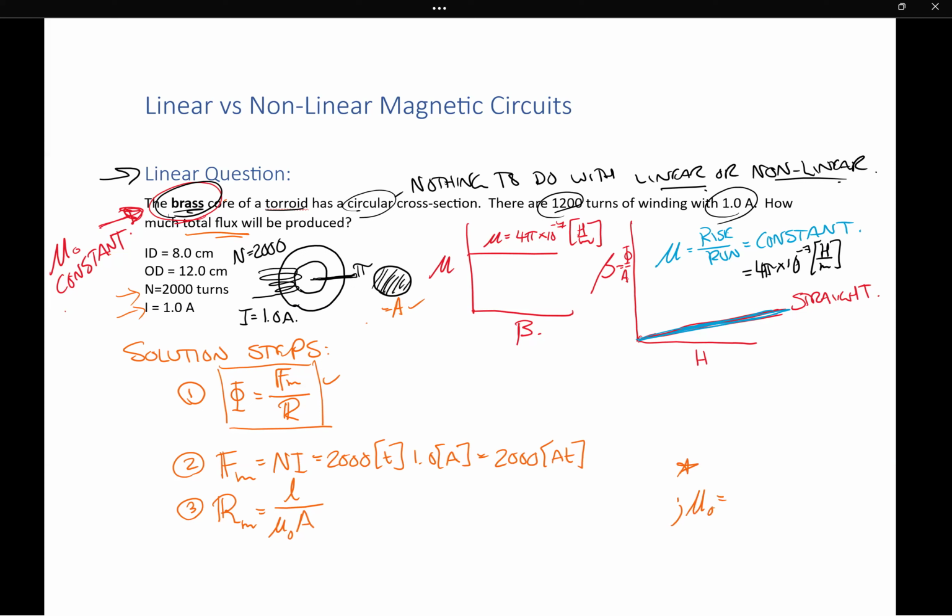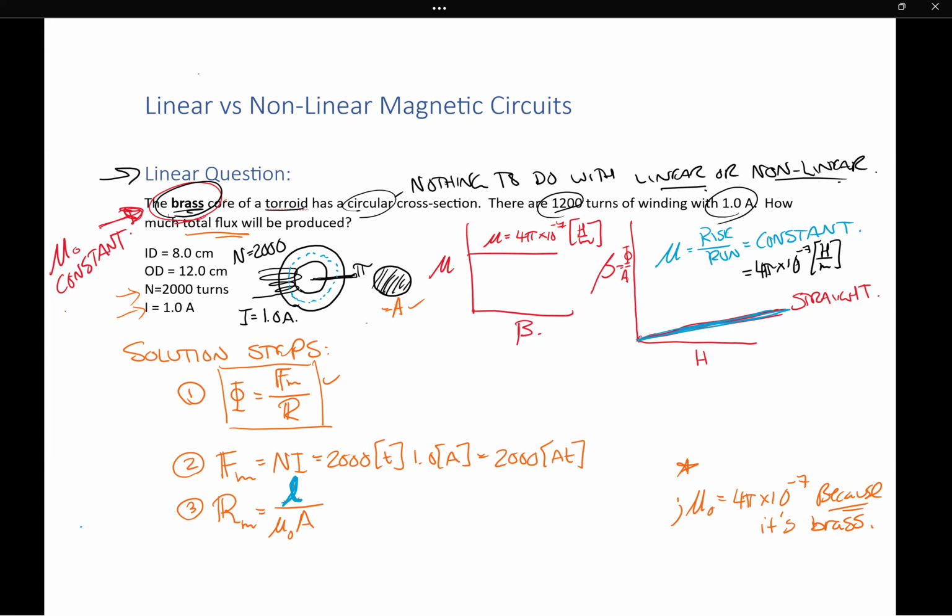Mu naught equals 4 pi times 10 to the negative 7 because it's brass. So brass has a permeability close to free space, and that's what we always use. Here, I best calculate the mean path length. So let's do the mean path length in blue. Mean path length means the middle spot that this